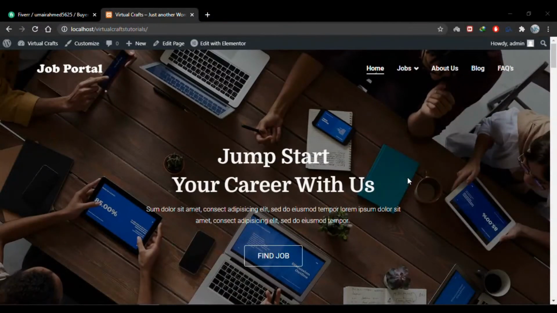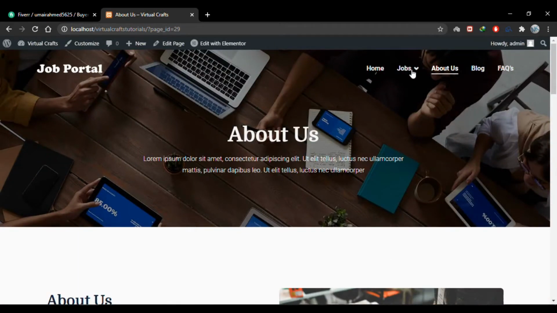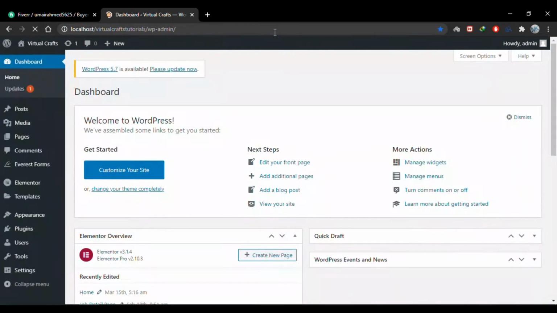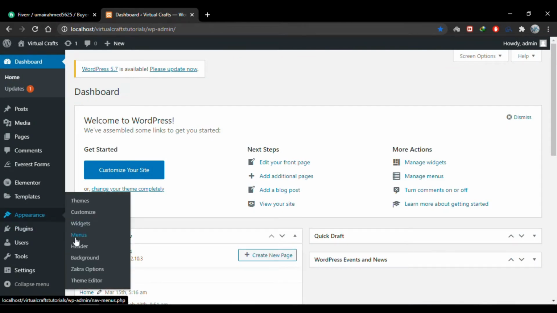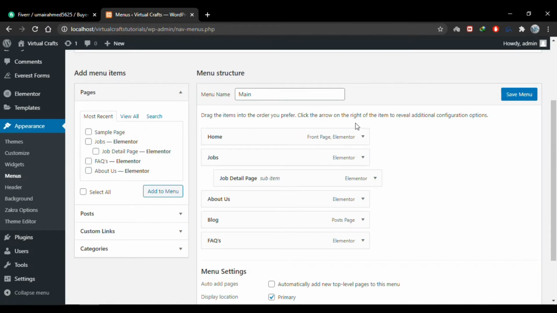Okay, now I've set things to default. Now when I click the about us page, it has the same menu on that page. Now we'll have to change this menu using Elementor. First I'll have to log into my dashboard. Go to appearance and then menus, and this is our menu. Now I'll have to duplicate this menu and then make the changes for the menu that I want to have on the about us page.